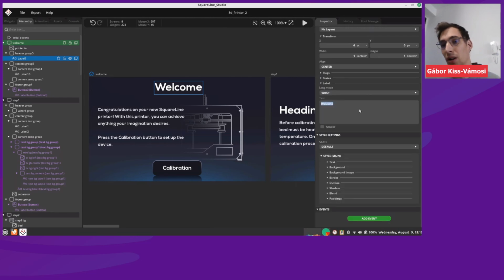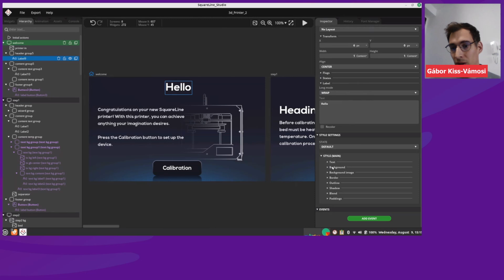Below that, you can change the properties of the given widget type. Right now, this label is selected, so we can see the label-related properties here. To change the text, you can just write something new here. Below that, we have the style section, where you can apply some new styles to change the appearance of the widget.